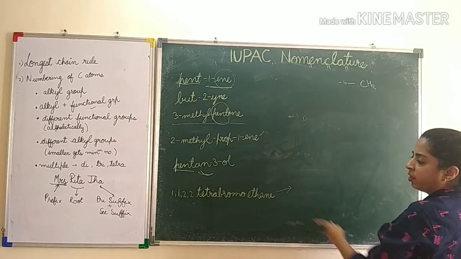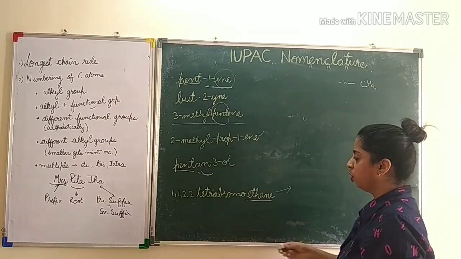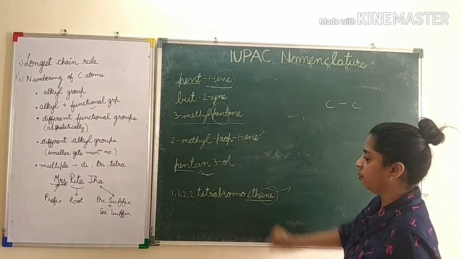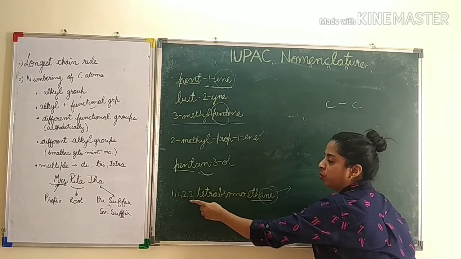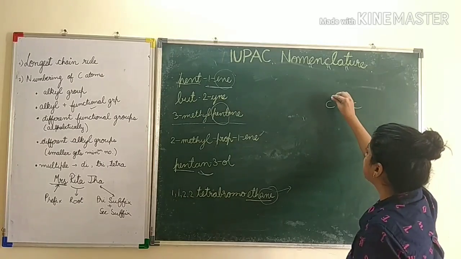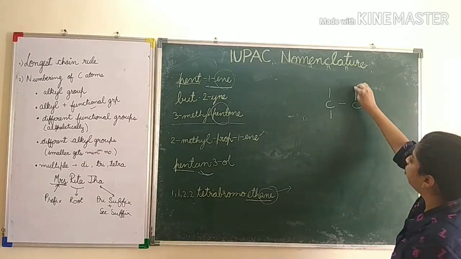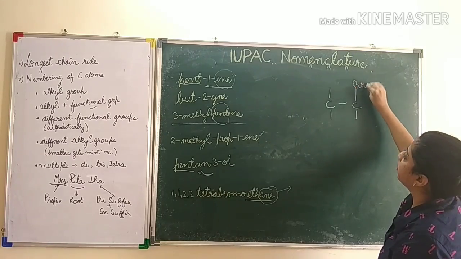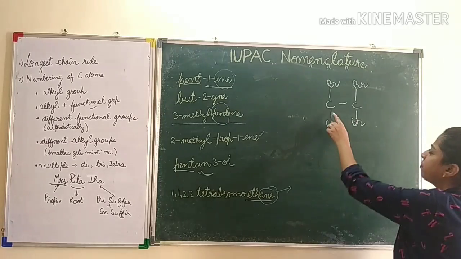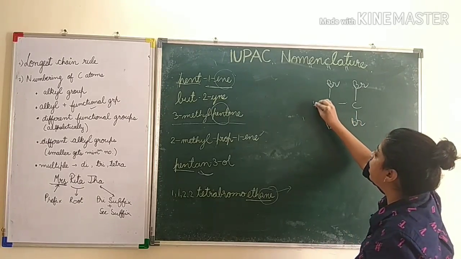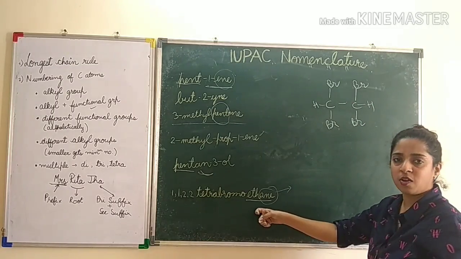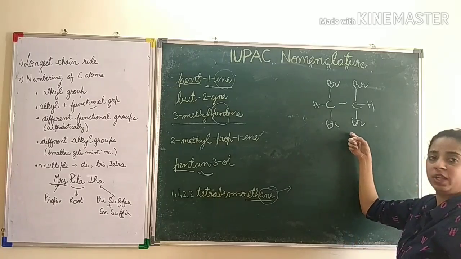Now seeing this, 1,1,2,2-tetrabromoethane. First see the root word, ethane. So meth and eth, right? Single bond because "an" is in between. Now 1,1,2,2-tetrabromo means 4 ब्रोमो है और चारों की क्या पोजीशन है 1,1,2,2. यहाँ पे क्या है ब्रोमीन. Now you see the valency of carbon 3 is satisfied, so we will add 1 hydrogen here. Here also 3 is satisfied, so we will add 1 hydrogen here. So this is how you will write 1,1,2,2-tetrabromoethane.